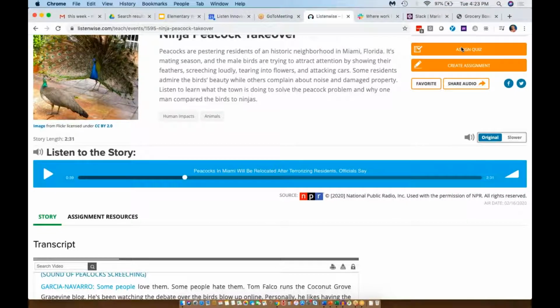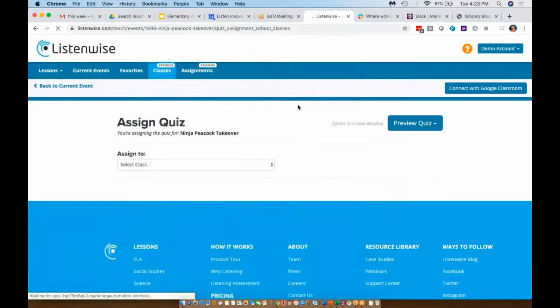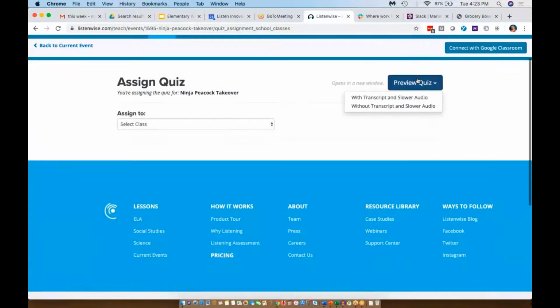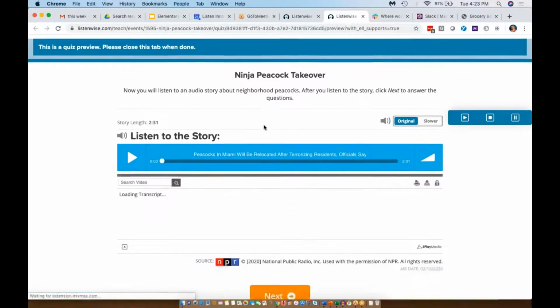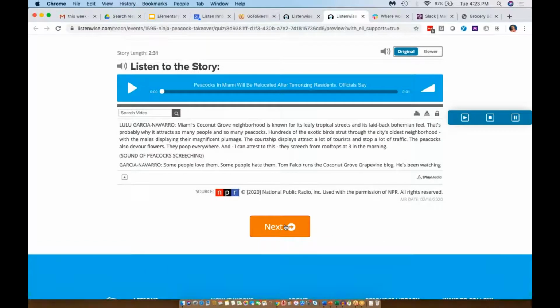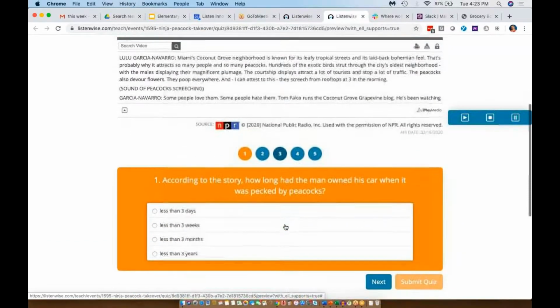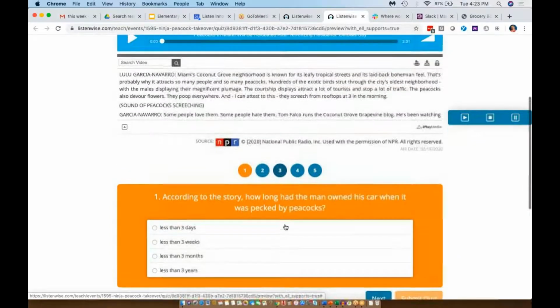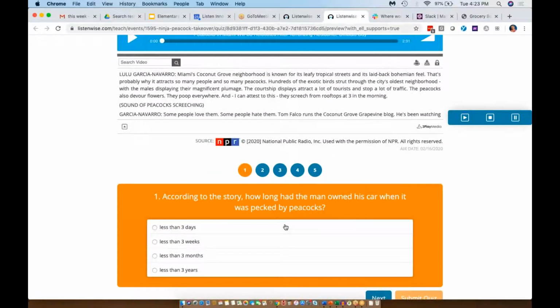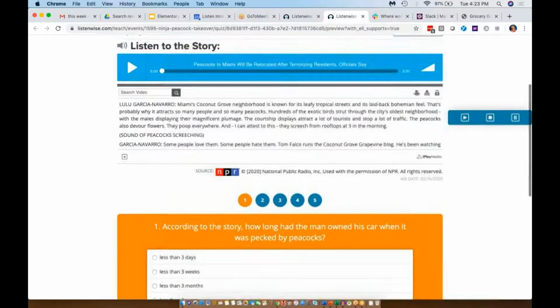So that can also give you a sense of what level is the right level. Once you have assigned a few quizzes and you've got a sense of whether they're getting about three quarters or more correct, then they're probably listening at a good level. So this story, if you want to actually, okay, so Monica's showing the quiz. Do you want to talk about the quiz while you're there? Yeah, while I was there, I think it's good to point out that